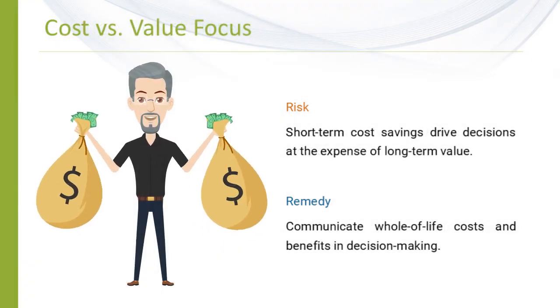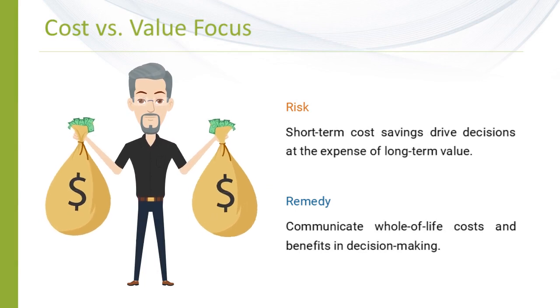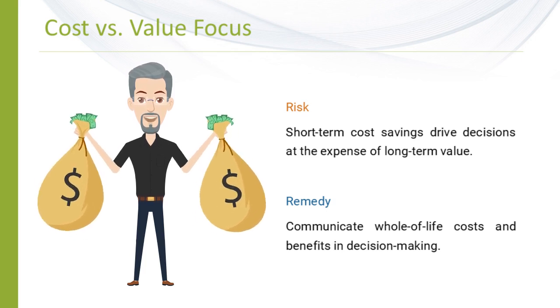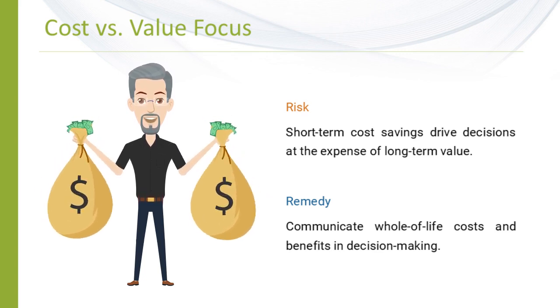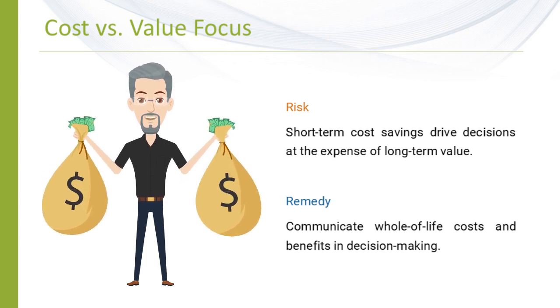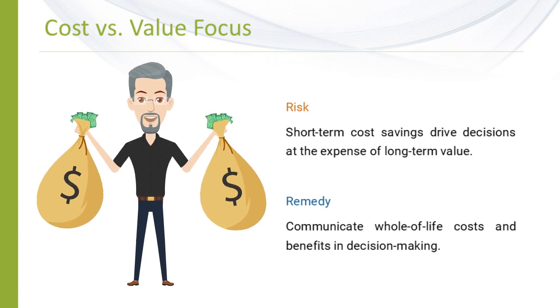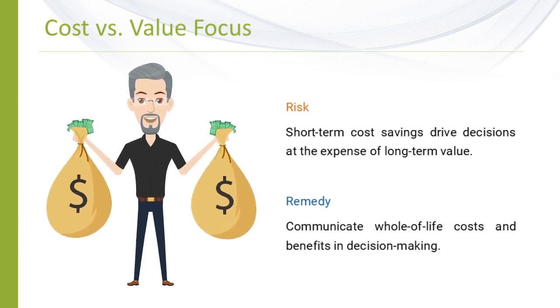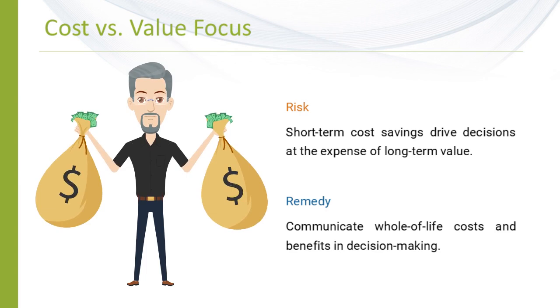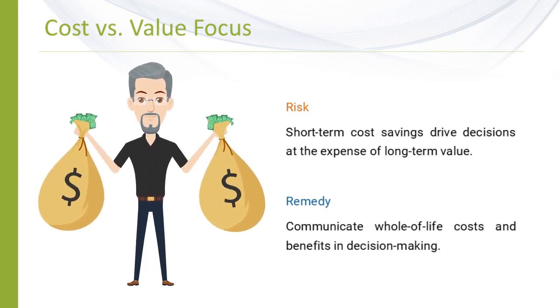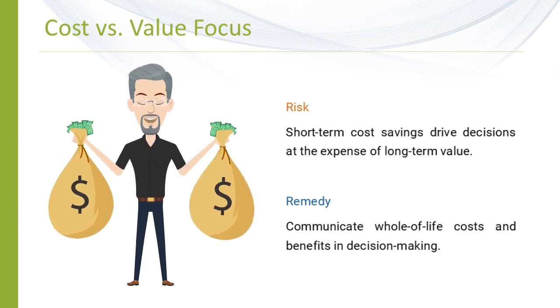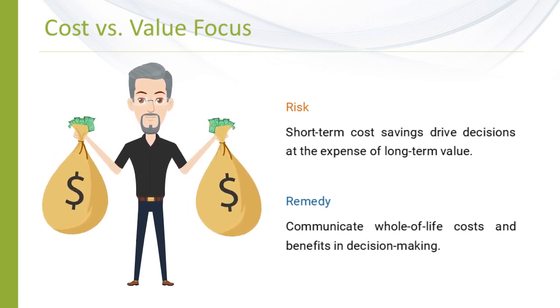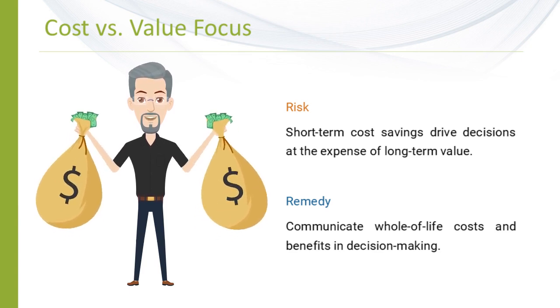In finance and asset management, we often refer to value of an asset, value from an asset. There's another saying, if you don't pay now, you'll pay later. So the real risk here is around short-termism. It's only what we want to spend. It's the capital spend, and therefore that's it, that's the budget. But if we're only looking at a short horizon and not the overarching way in which the asset supports service delivery or product delivery, we're cutting ourselves off out of spite. What we need to do is communicate what the whole of life cost is, what are the benefits, and how do we factor that into decision making.